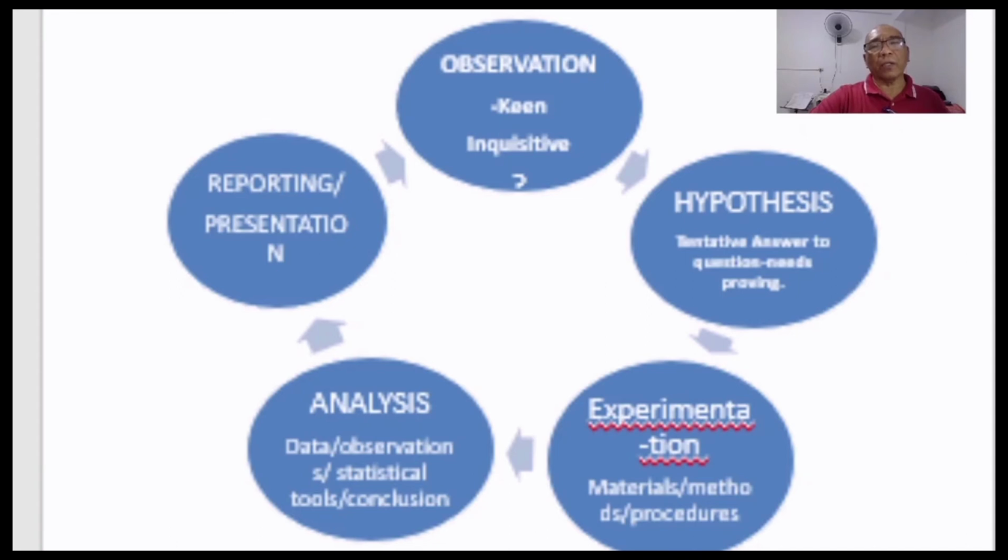Observation of the surroundings, and acknowledgement of coincident phenomena, would create questions in mind and tentative answers in the mind of the researcher. These tentative answers form what we call a hypothesis. This hypothesis becomes a theory. This would need to be substantiated by experimentation, either to prove or to disprove it.